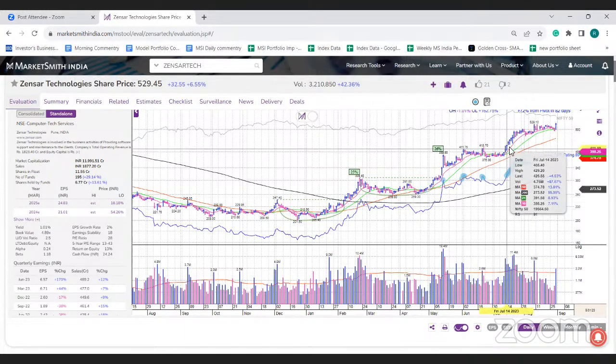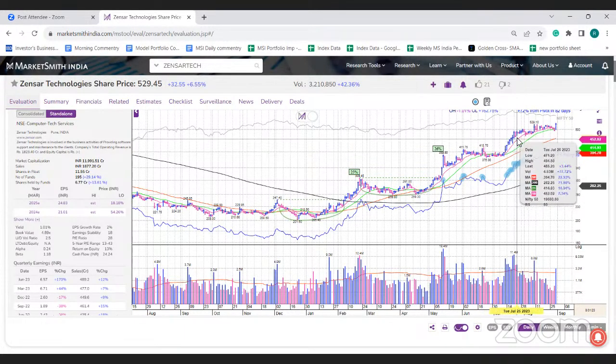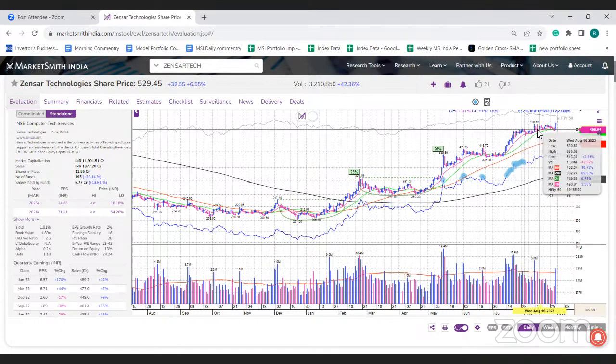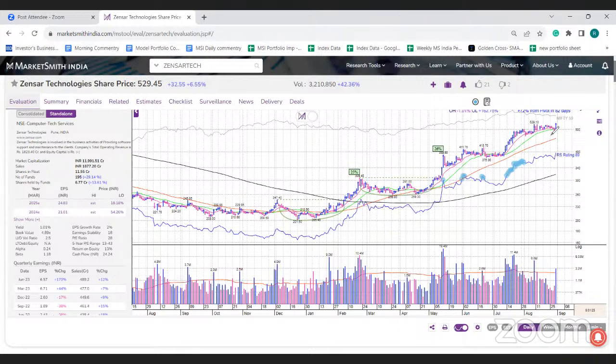इसका result somewhere around July mid में आया था, and after that you can see there is a very good rally in the stock continuously, and that is due to margin improvement. If you are holding the stock, then over here also the 50 DMA is a very important level to watch out for. बाकी टेक्निकली अभी ये अच्छा लग रहा है, स्ट्रॉन्ग है, for holding. फ्रेश एंट्री के लिए एक्सटेंडेड है.